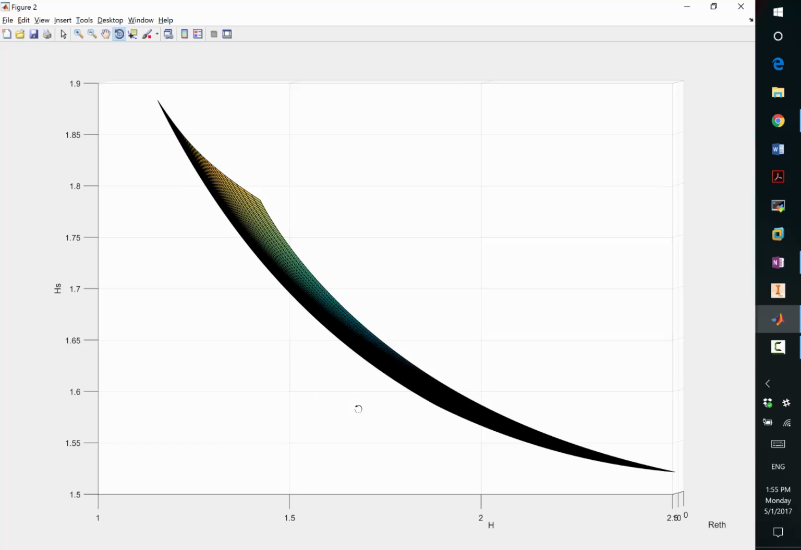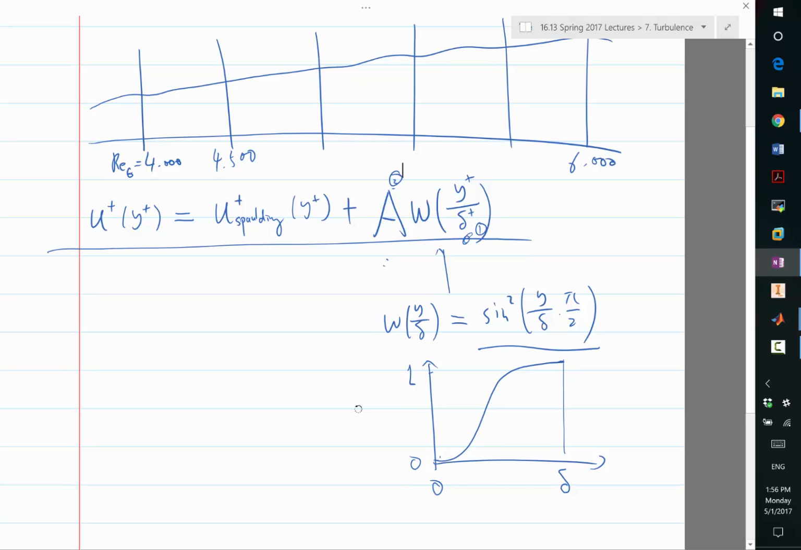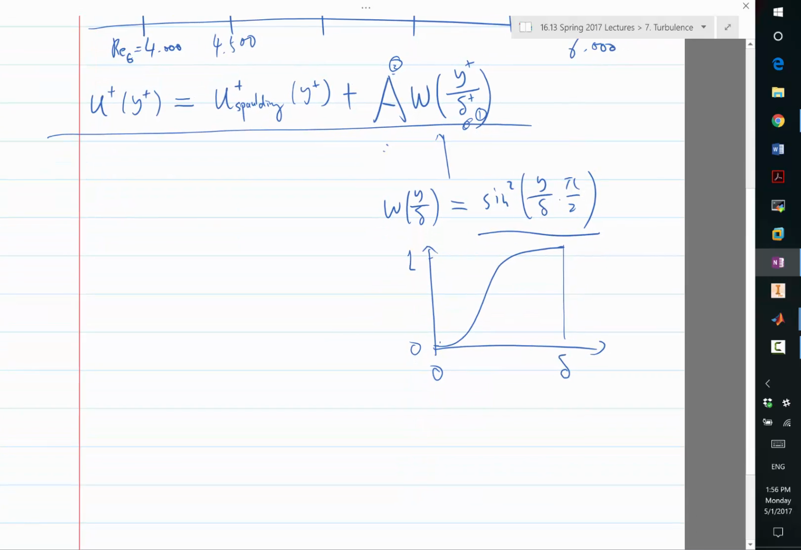Okay, so we have two functions, CF and H star. The last function we need appears in the equation for integrating H star. That is CD, right? CD is the only function that cannot be trivially computed from just the velocity profile. Because CD